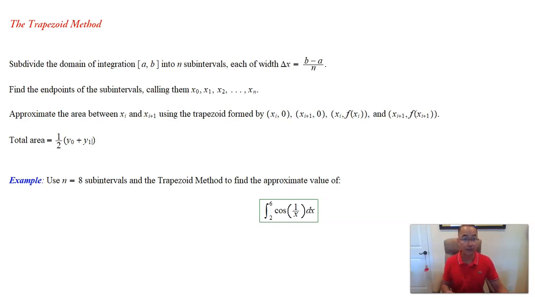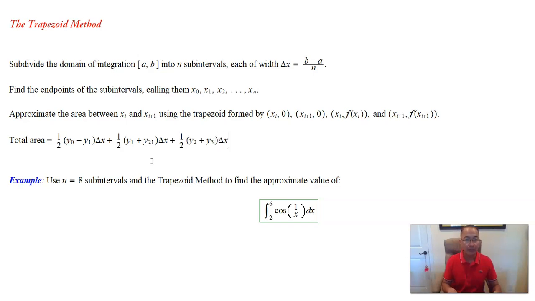The value of the function at those 2 points, multiplied by the height of the trapezoid, in this case the width, which is delta x. Okay, so that's the first trapezoid. Second trapezoid will have a similar area. The height is definitely the same, but this time the bases are y1 and y2. Okay, remember the pattern. So next we have y2 and y3,